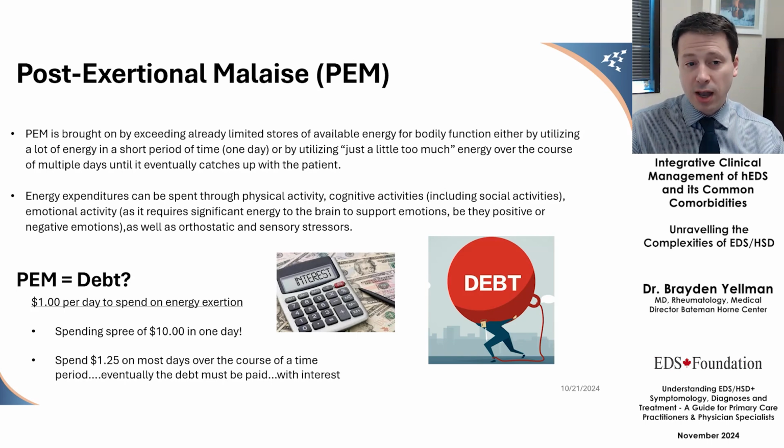Energy expenditures can be spent through physical activities, but also through cognitive activities, which include social activities, emotional activity, and even orthostatic stressors, being upright when you have orthostatic intolerance, or having a very sensory stimulating environment, such as a restaurant with bright lights, loud sounds, lots of commotion going on at once. All of these things require metabolic energy for your brain to process, even if it's processing those things in a